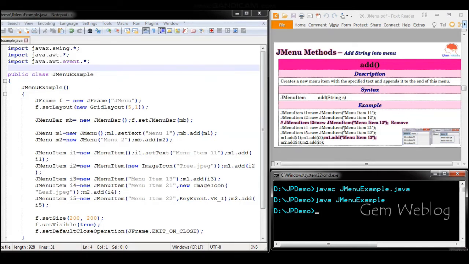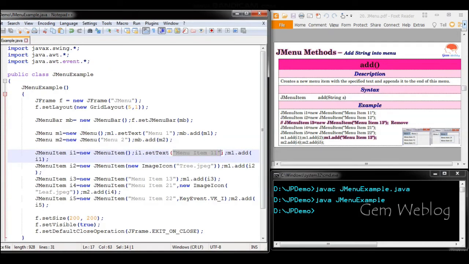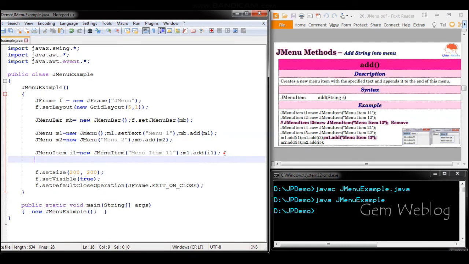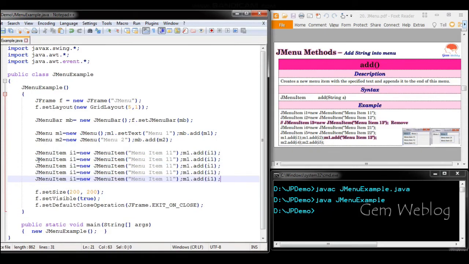Now for demonstration purposes, we are going to replace everything with the string constructor itself so that it will be uniform. Item 1. So I'm going to create 5 menu items, naming them I1, I2, I3, I4, I5.